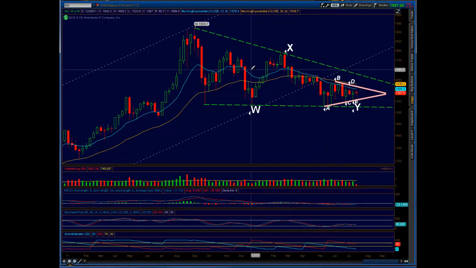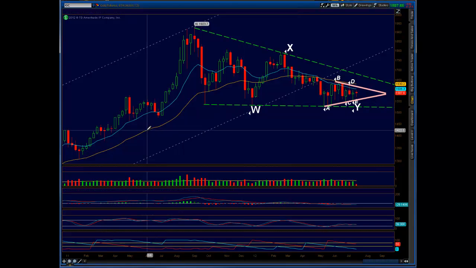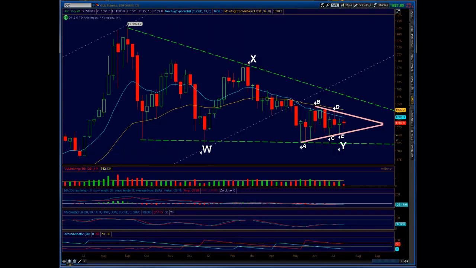Here's what I see. Just take a quick look at my analysis right here, where you see what's called a zigzag in the Elliott Wave analysis, and what you have here is a W, X, and Y. I want you to take a look at this real quick, and I'm going to pause this and show you another chart real quick.